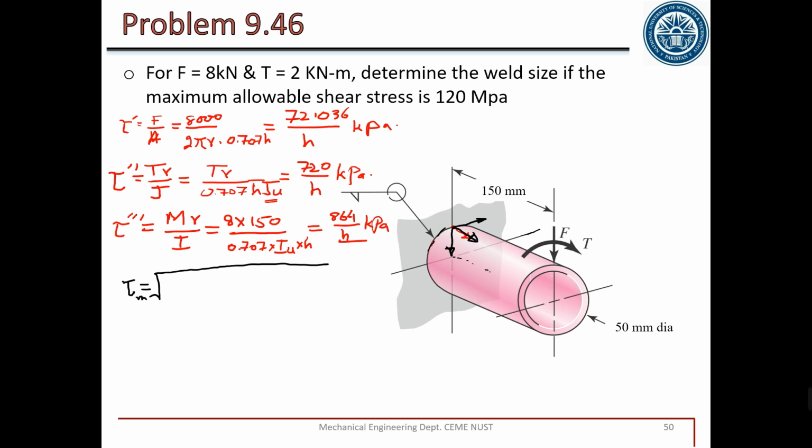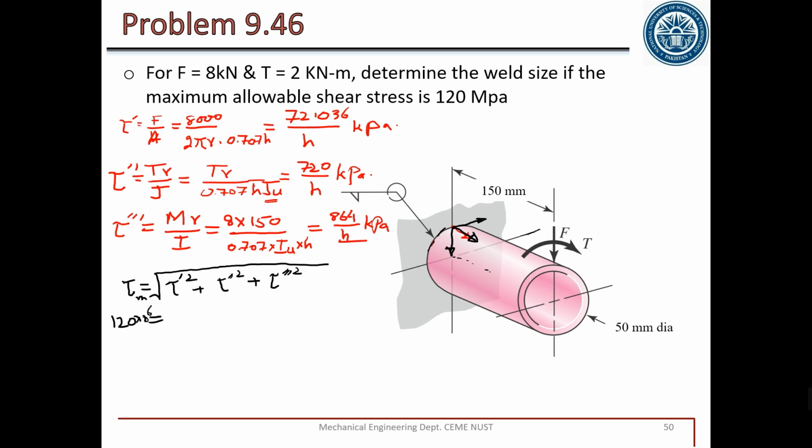But in this specific case, all three are perpendicular to each other. So in each direction we have only one, which is equal to tau prime square plus tau double prime square plus tau triple prime square. Each shear stress is in one single axis, so we don't have any sine or cos value. So substituting all the values 864, 720 and 72, we will get the final value. I have not calculated the final value, I have just used this value as I will be using. It is 120 MPa